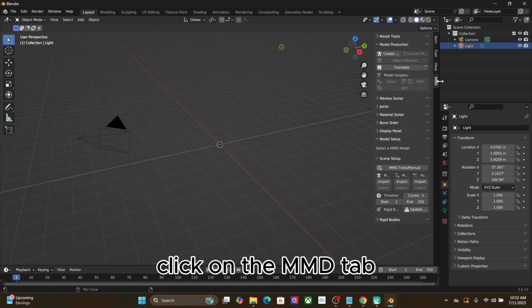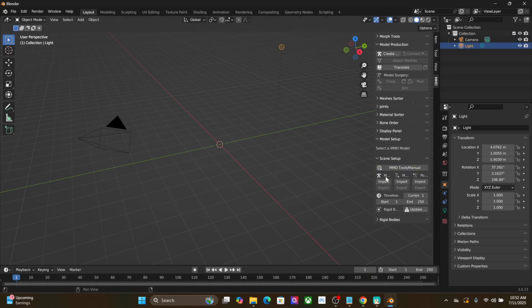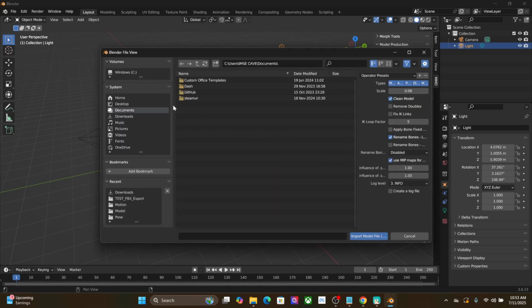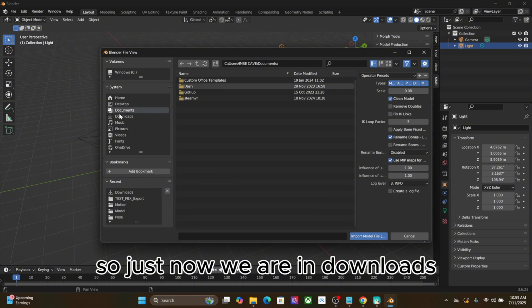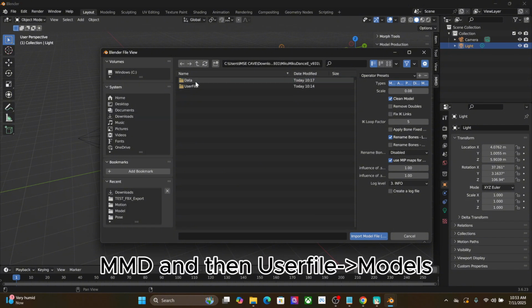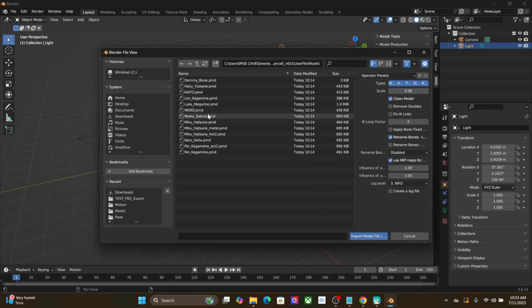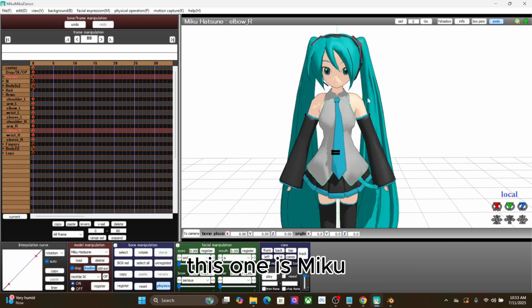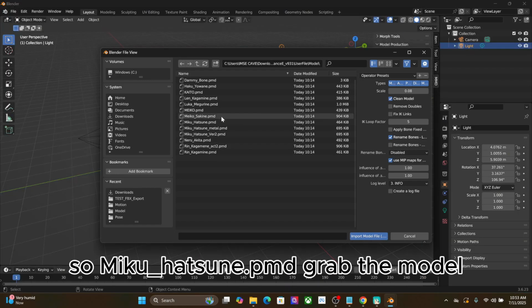Click on the MMD tab. Import the MMD model you have just used. So just now we are in Downloads, MMD 931, MMD, and then User File, Models. Get back the model that you have just used in MMD. This one is Miku. So Miku Hatsune.pmd. Grab the model,